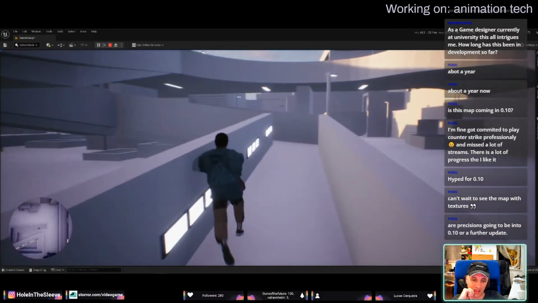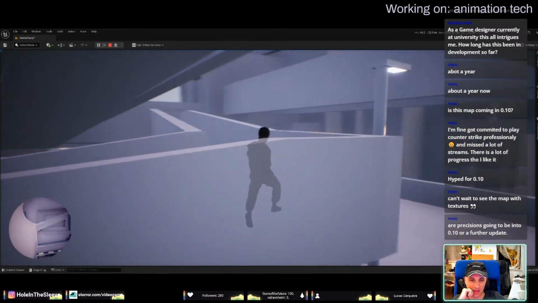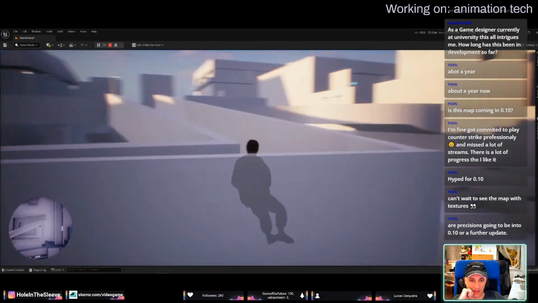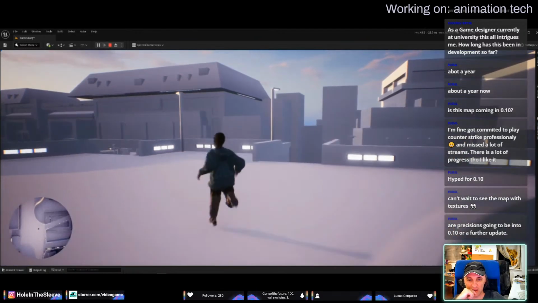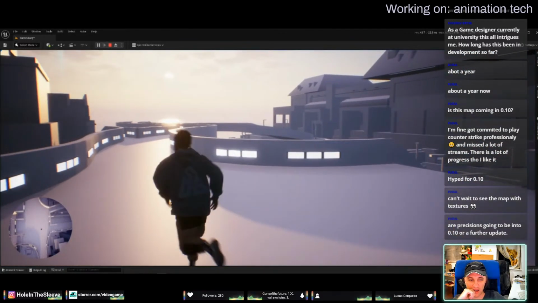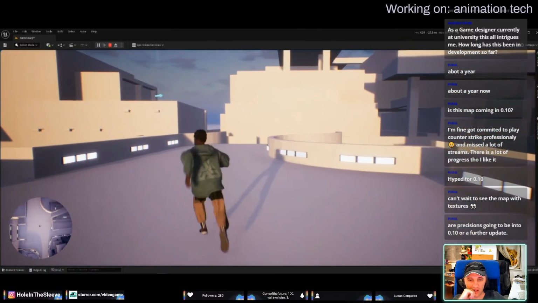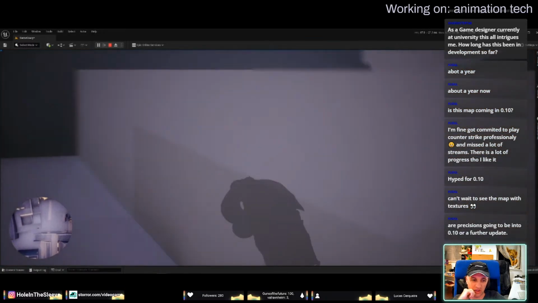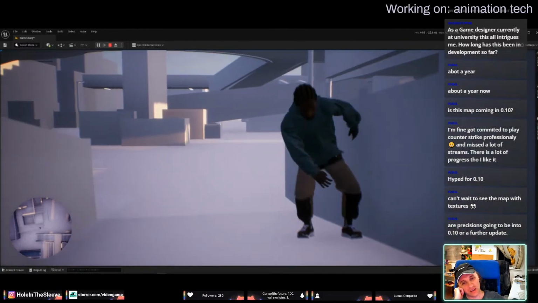Something I would say about the ragdoll is that rather than having R3 make you stand up, I'd maybe just make any button make you stand up when you're in ragdoll. So if you jump, anything.